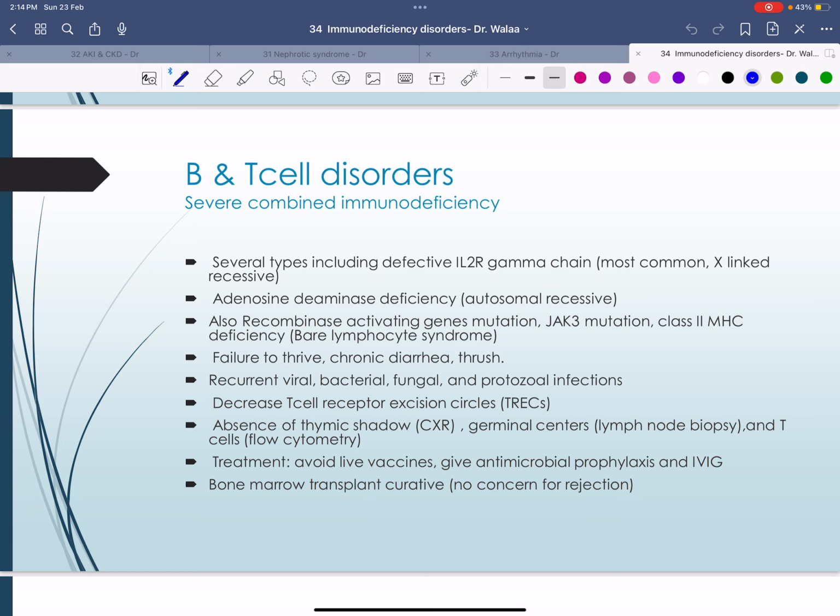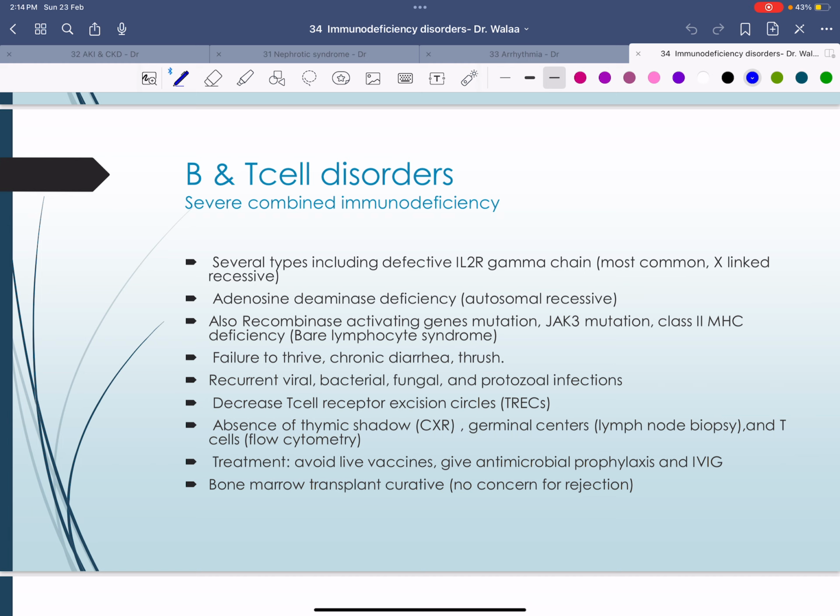T cell receptor excisional circles. What does that mean? Now, T cells, where are they produced? Produced in the bone marrow. Then what needs to happen? In the thymus. So they need to circulate and go through the thymic gland. In this journey from the bone marrow to the thymus, they leave a trace behind them, which are fragments of DNA. We call these fragments T cell receptor excisional circles,